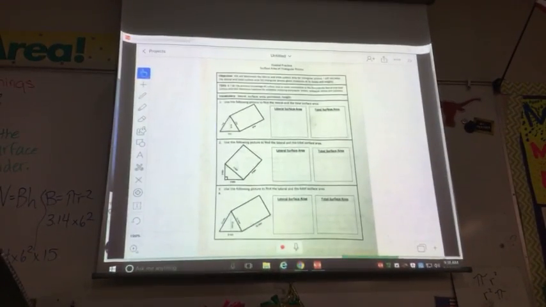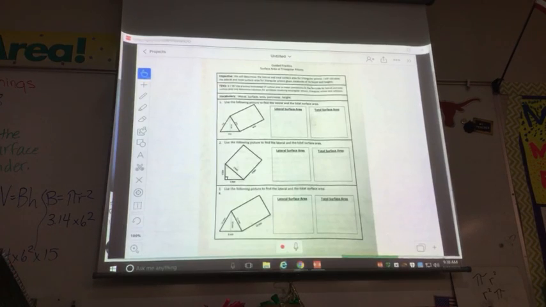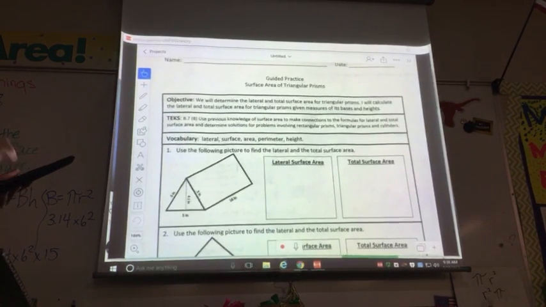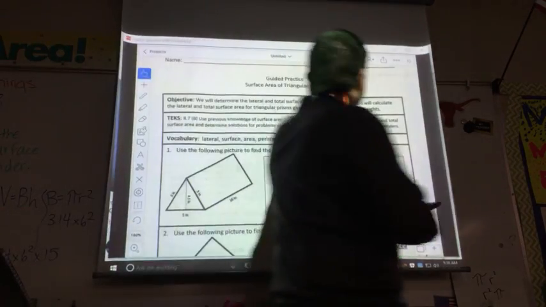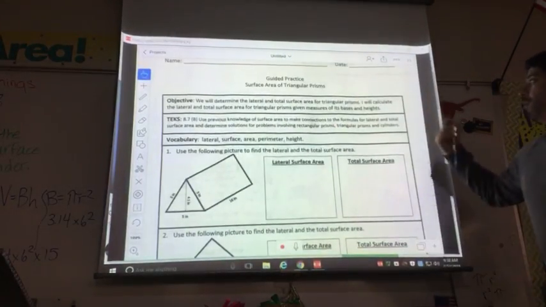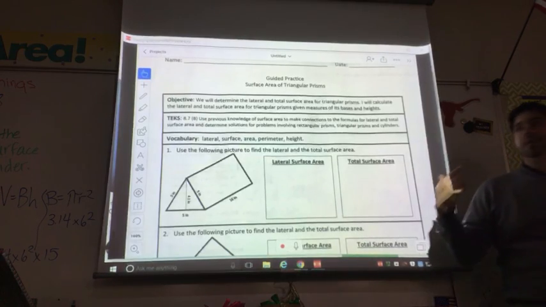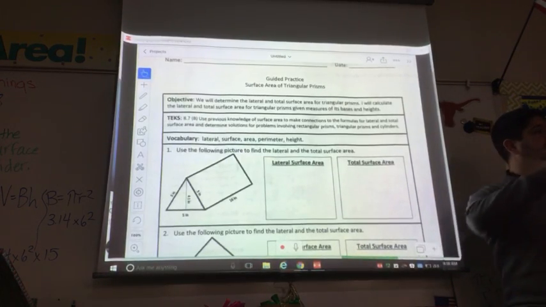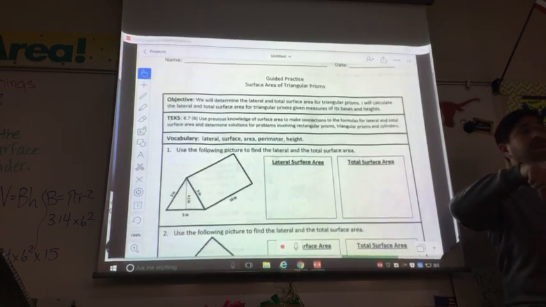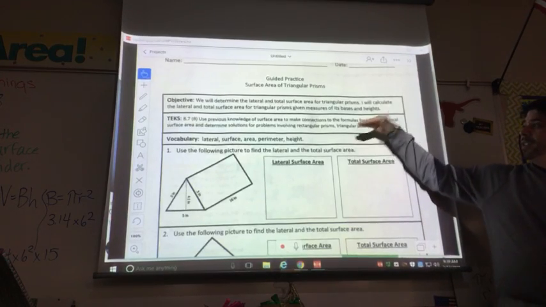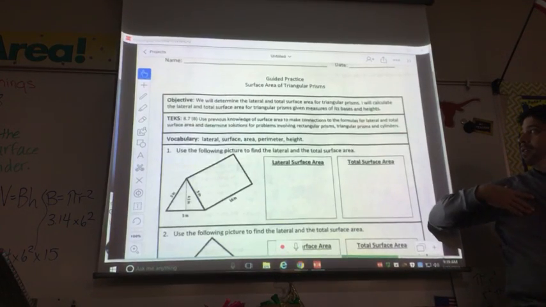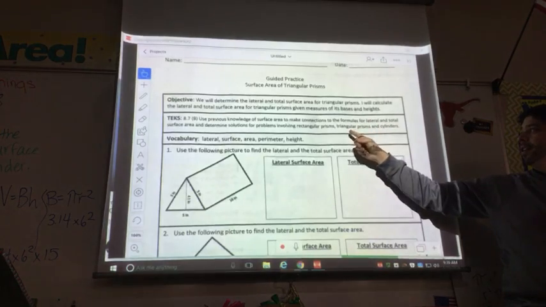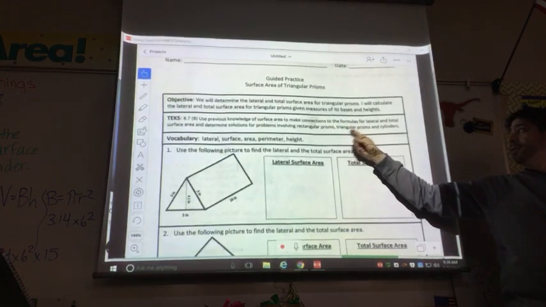Okay, all right. So we're talking about triangular prisms. Our objective here is to determine lateral and total surface area for triangular prisms. We're going to be able to calculate that using the formula. The formula is going to be the same thing that's on your formula chart that we use for rectangular prisms. So this is the T 8.7b, lateral and total surface area for rectangular prisms, triangular prisms, and